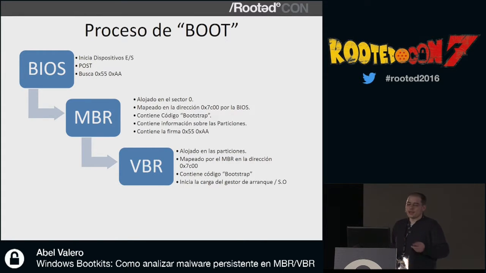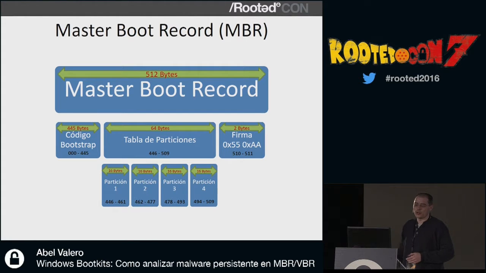When it's mapped in memory, the VBR takes over from it, which is located on the partition system. Somewhere we need to know what partitions are located, and the remaining information for the executed code is loaded by BIOS.